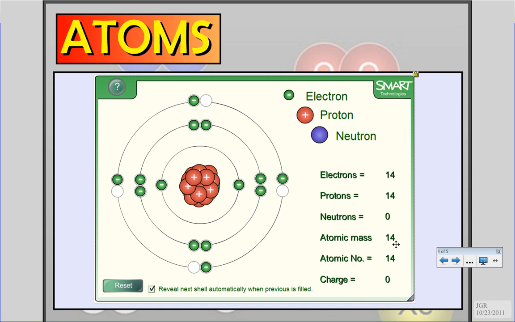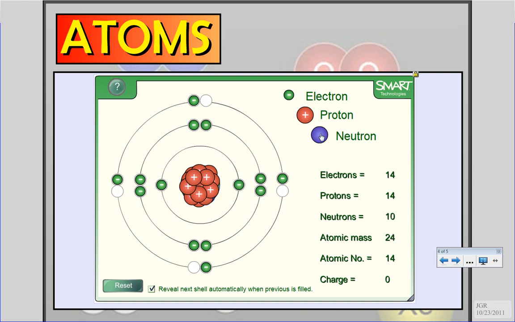And there you have it. So here we have 14 electrons, 14 protons, and the atomic mass would still be 14, but like I said, nature dictates there must be neutrons. And in this case, we're going to assume that the number of neutrons is equal to the number of protons. So we're going to add, that's 6, 7, 8, 9,